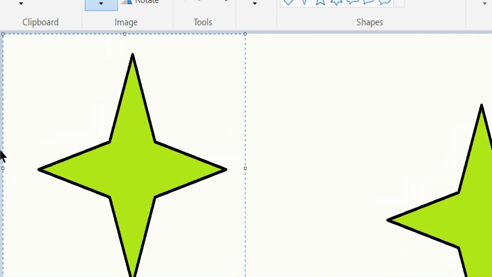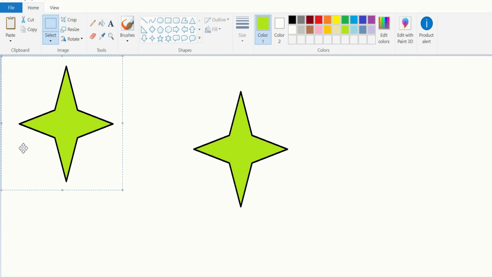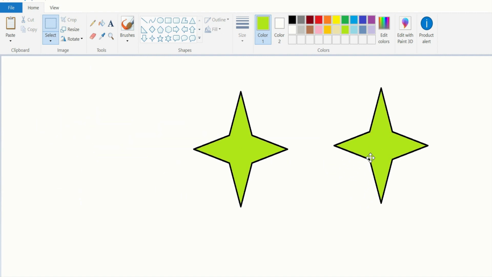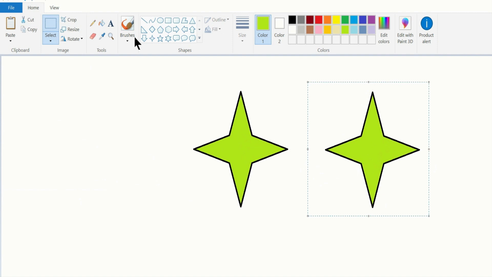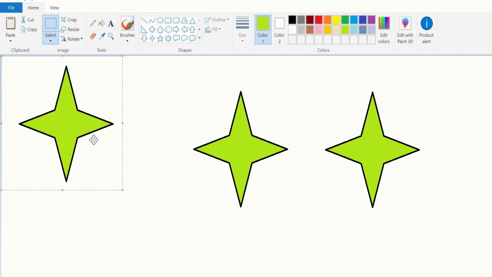A duplicate copy of the picture appears at the top left corner of the drawing area. Can you see? You can move the picture to any location you want. And you can click on the paste option to create multiple copies of the picture.